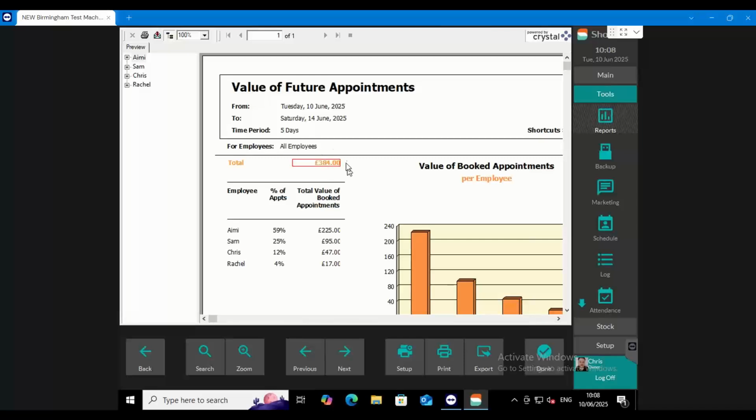So straight away underneath in this orange section here, we've got a snapshot. We can see straight away for that 5-day period from the 10th to the 14th of June, I'm going to take a total of £384. Now, again, remember, this is just a forecast. This won't take into account any discounts or series or sundries or anything like that. So we can look at that and then we can start to use it as a bit of a stepping